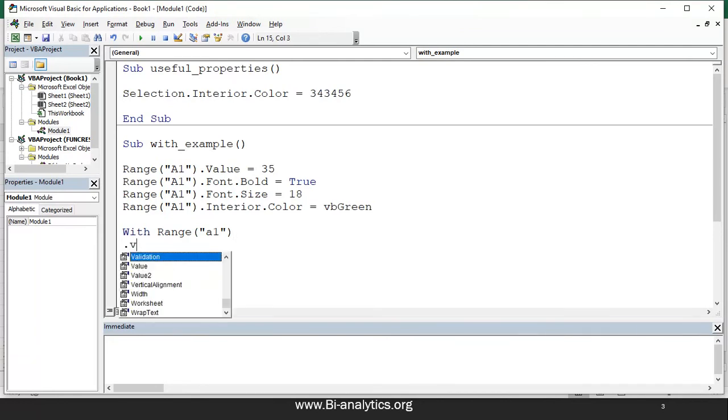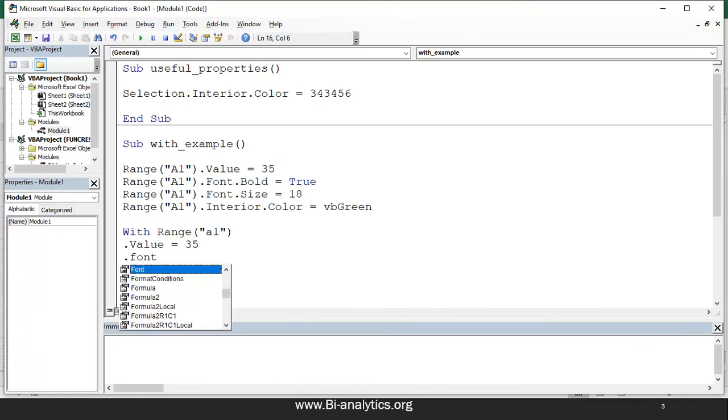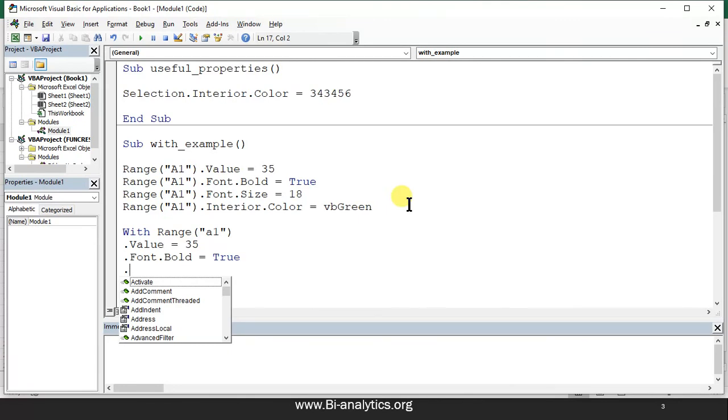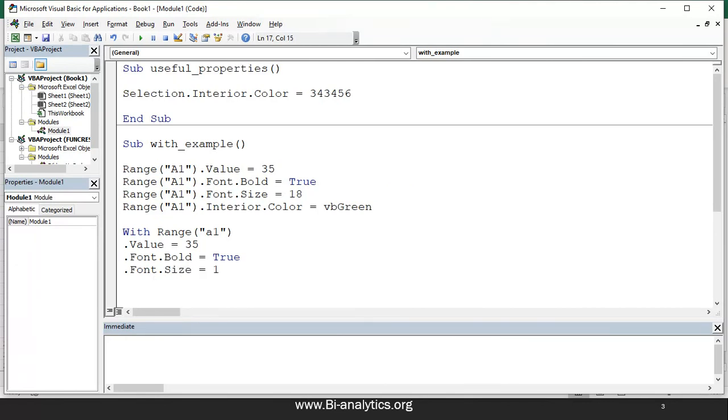Now I say .Value = 35, .Font.Bold = True, .Font.Size = 18, and .Interior.Color = say 234567.